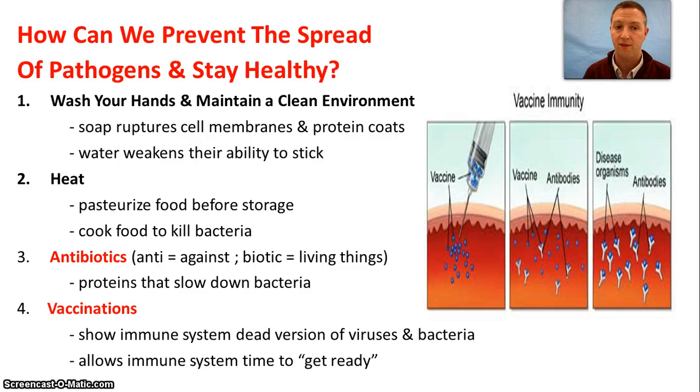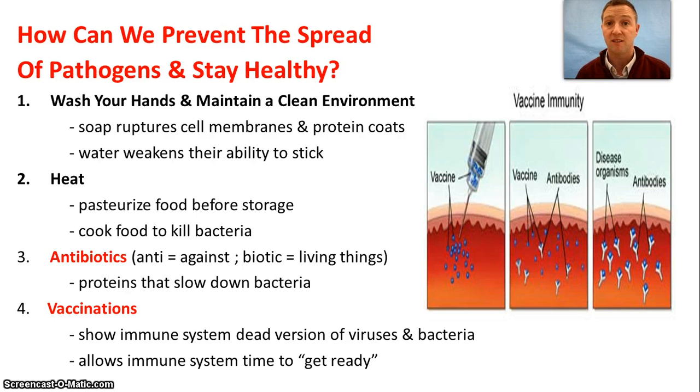In the last 100 years, we've invented antibiotics. What are antibiotics? Anti means against. Biotics, living things, living cells inside us. So antibiotics are special chemicals, proteins typically, that other organisms make, and we've kind of stolen them, all right? And these antibiotics slow down bacteria. They get in the way of their moving. They get in the way of their reproducing. They get in the way and clump them together, which makes it easier for our immune system to come in and break them down and tear them apart.